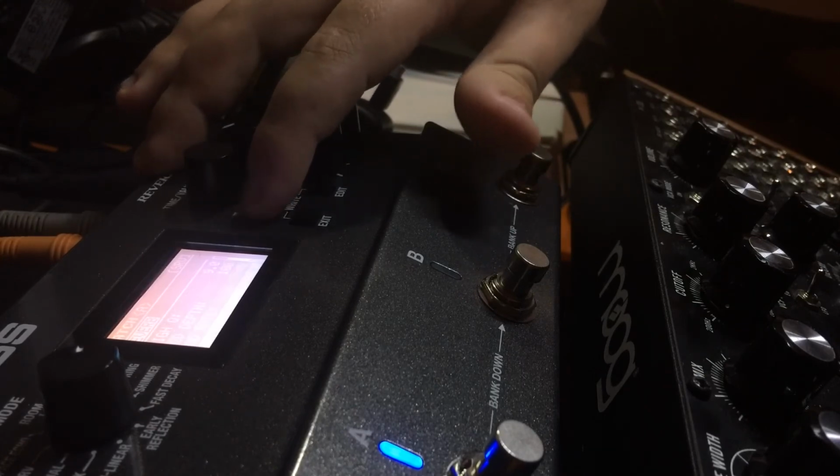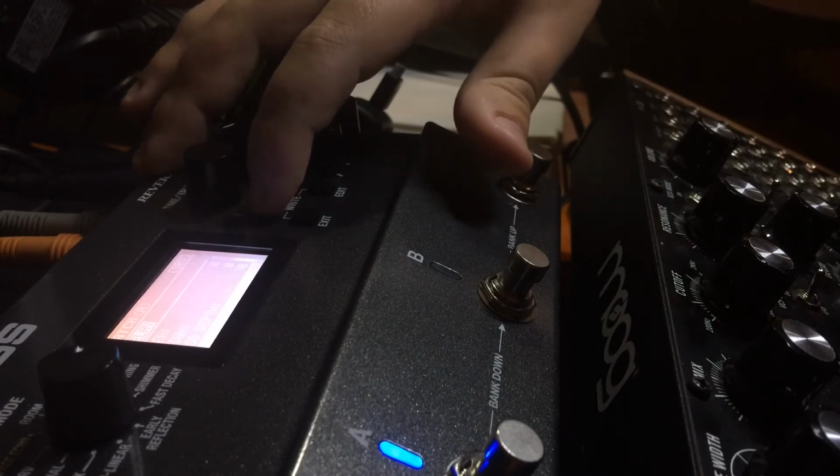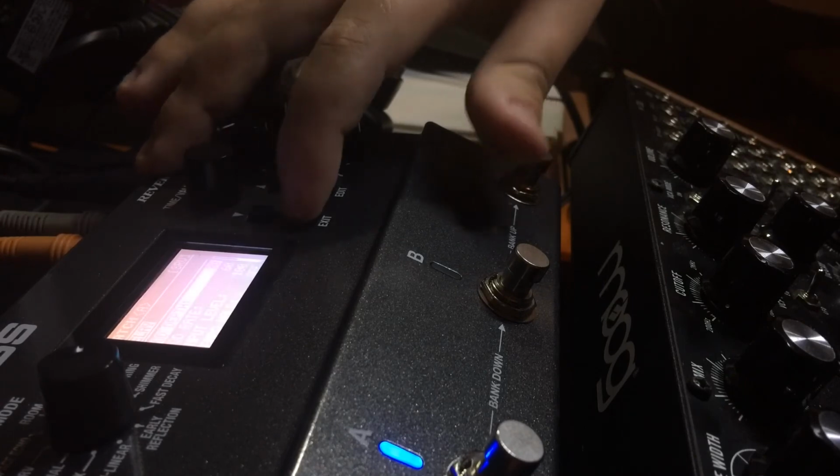Yeah, it's got a lot of modulation on it. And some delay, it looks like. Or, yeah, some delay. I can turn the delay off, but...